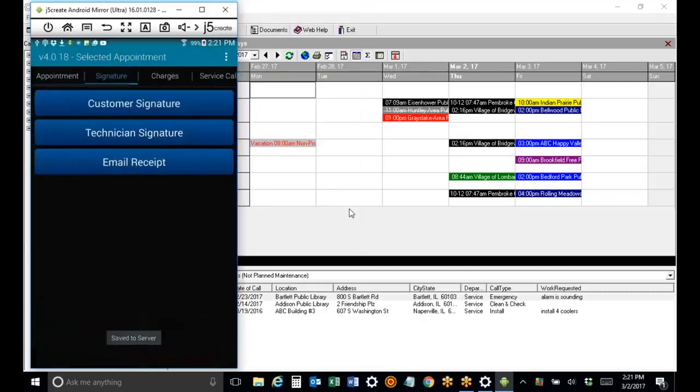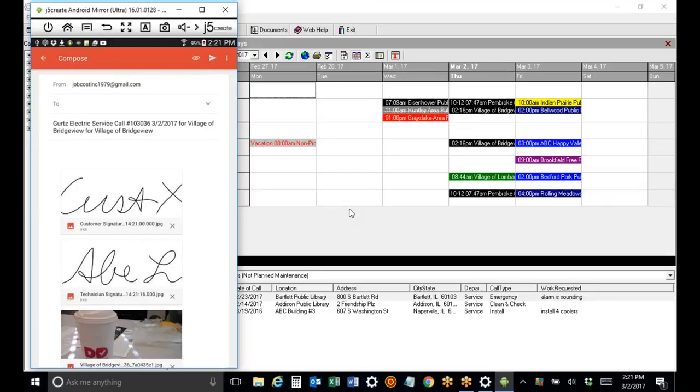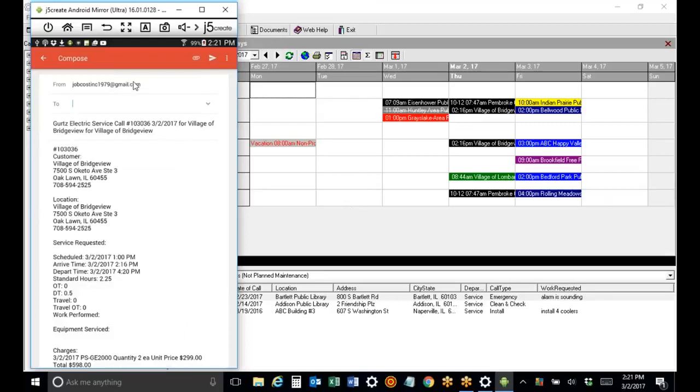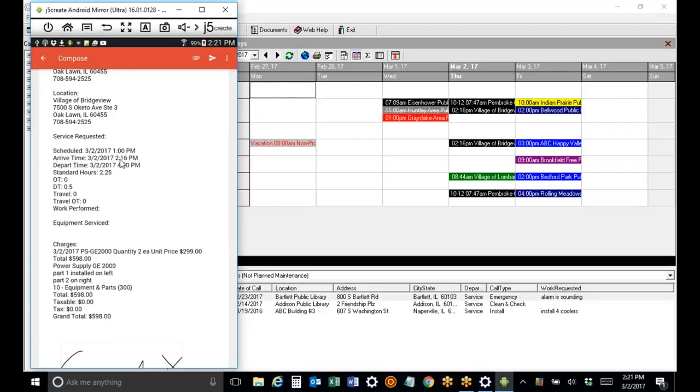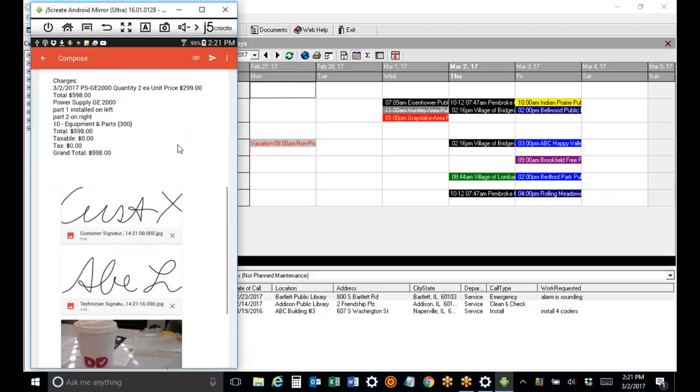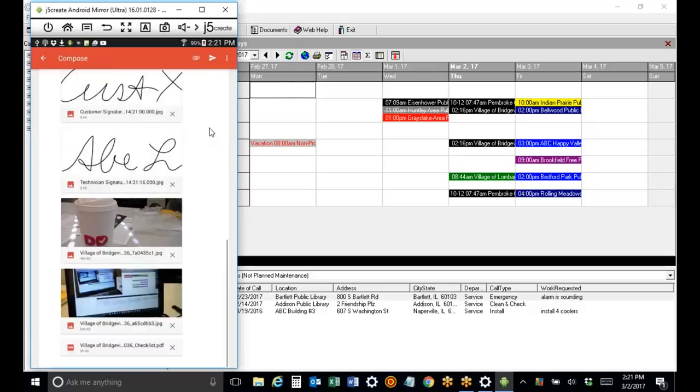And then lastly, if the technician's allowed to, they could email a receipt to the customer. Now, this is quite popular with property management companies. They want to be notified that the work is done. So we've got our name, the customer, the location, service requested. We were scheduled for 1. We didn't get there till 2:16. We left our time. These are the charges, and it shows the customer signature, technician signature, and 1 or more